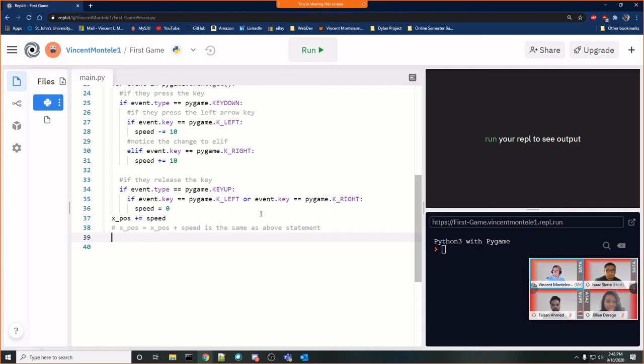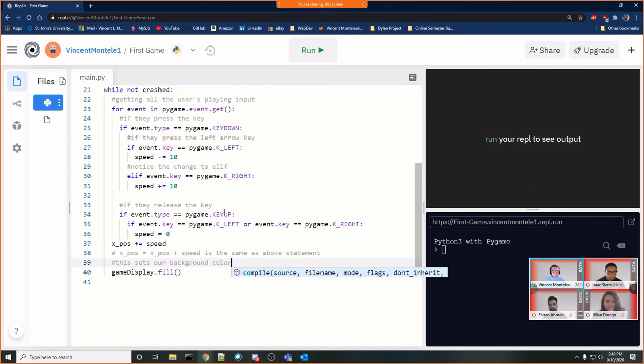So what I'll do is I'll write a piece of code to say, all right, game display dot fill, and this is going to set our background. So this sets our background color. It sets it based on RGB.